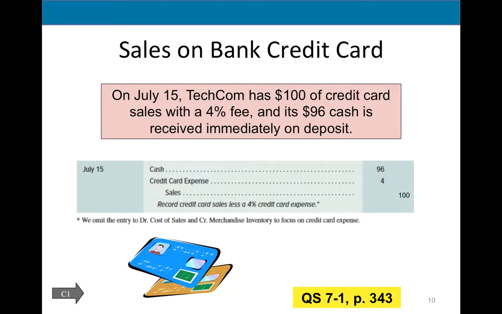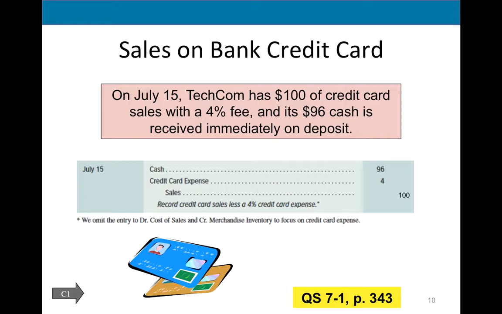Now, we will not talk a lot about credit cards. This is the only transaction you need to know. We will assume here that if the customer uses the credit card, the issuing company will pay us cash right away on the same day. So if the customer uses the bank credit card, not the store card, like Macy's card used at Macy's, that's a different story. But if they use Wells Fargo, Visa, we will assume that we will collect cash no matter what,